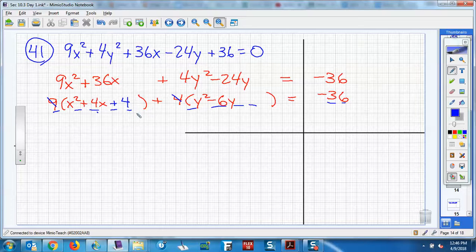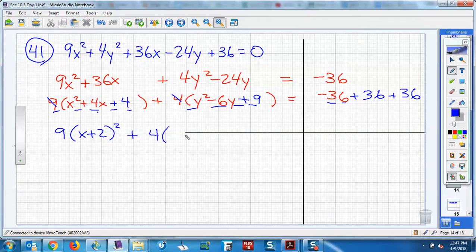Now, what did we really add to this side? What did we really just add there? A 36, right? We added a 4 times a 9, which is 36. So dividing that would have been fine. And what are we adding right here? A 9, which is a 36, right? And so what do we have now? We have a 9 times x plus 2 squared, and then we have a 4,